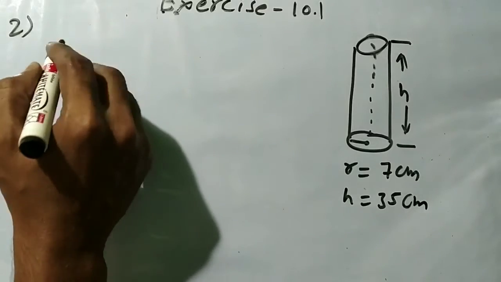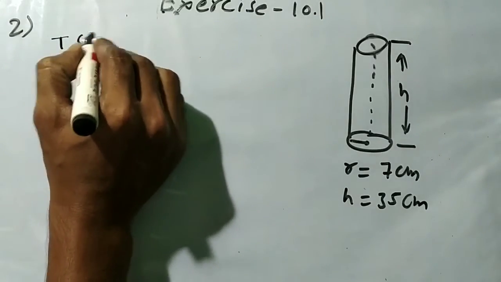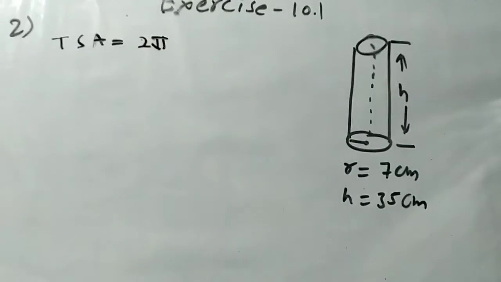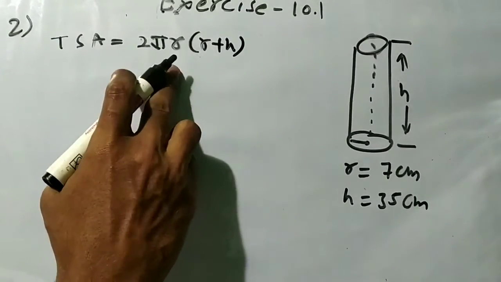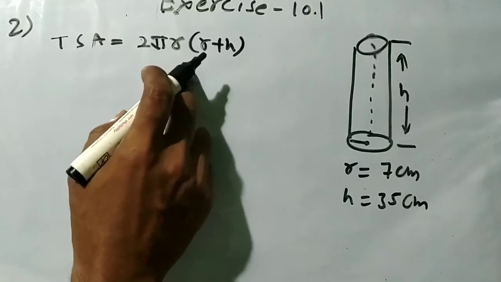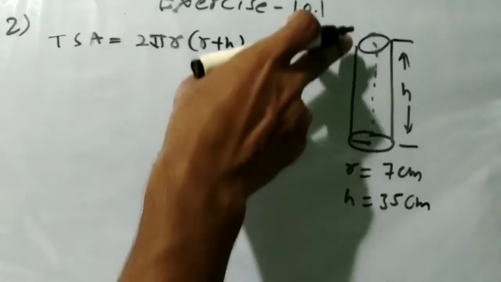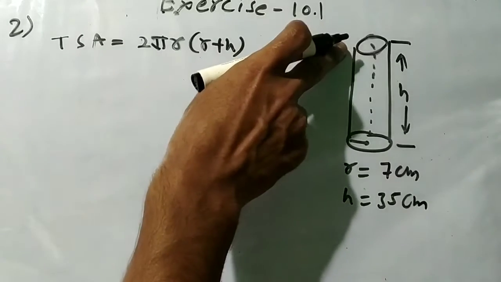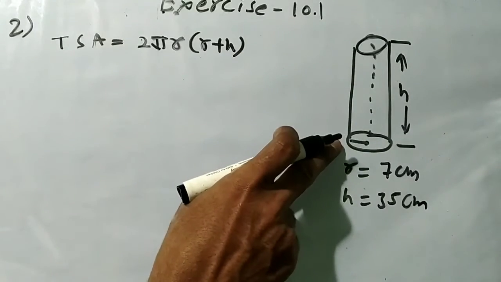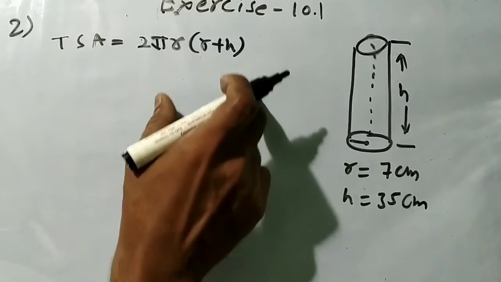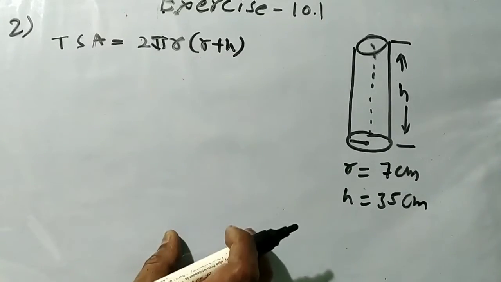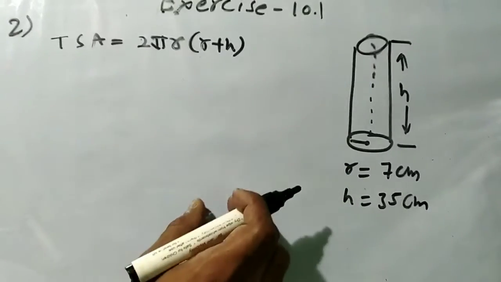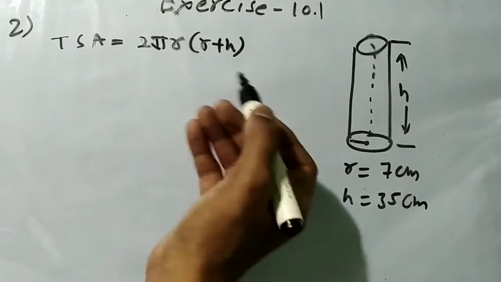So we have to calculate the total surface area. The total surface area is equal to 2πR(R + H), which covers the two caps, that is the opening and closing caps, called lids. You may remember the shuttle cylinder, which consists of an upper cap and a bottom cap to cover the cylinder. So no need to explain deeply.